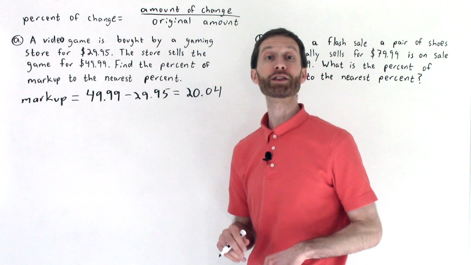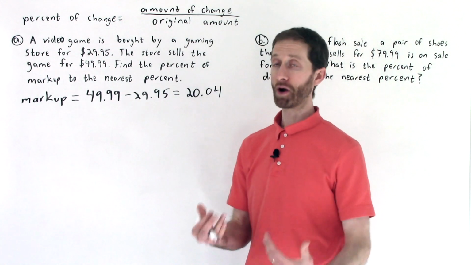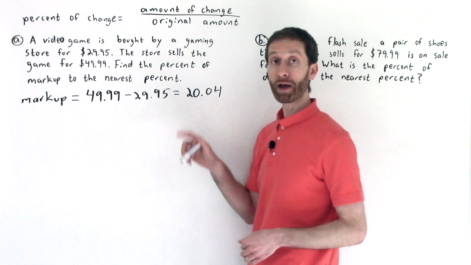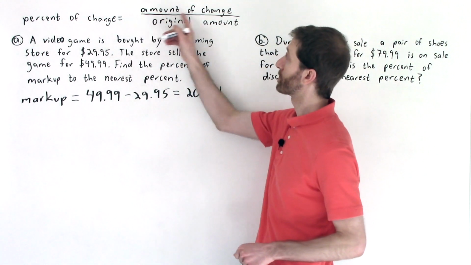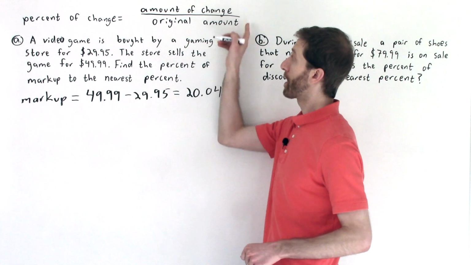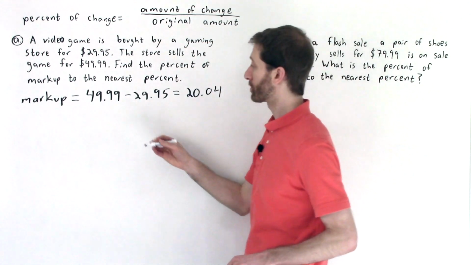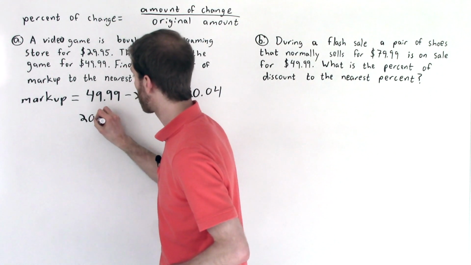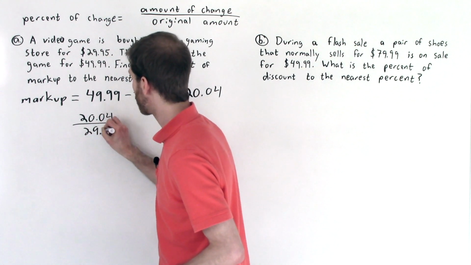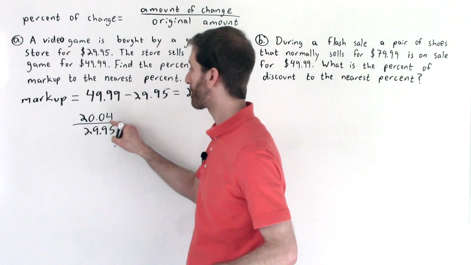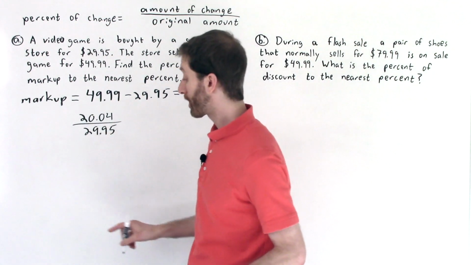Now if you're asked to find the percent of markup, then that's just taking the amount that we've marked up and dividing it by the original amount. Remember, percent of change is the amount of change compared out of the original amount. So that's going to be 20.04 divided out of $29.95. We want to find the percent of the original amount that we have changed by. When we divide that out, we get